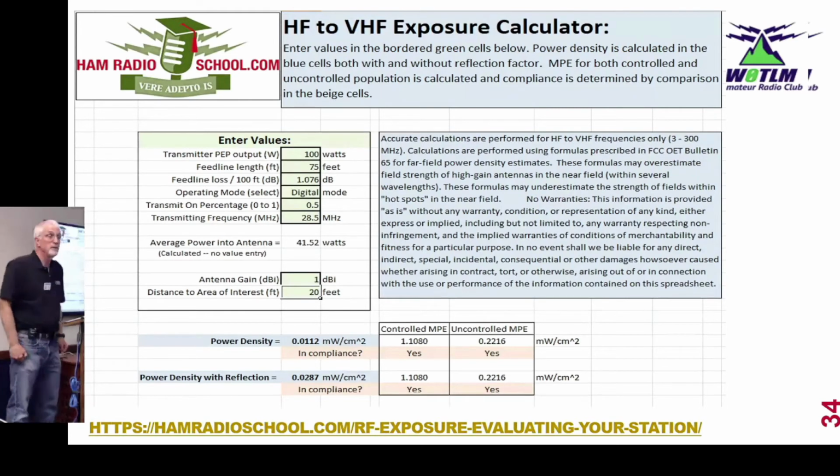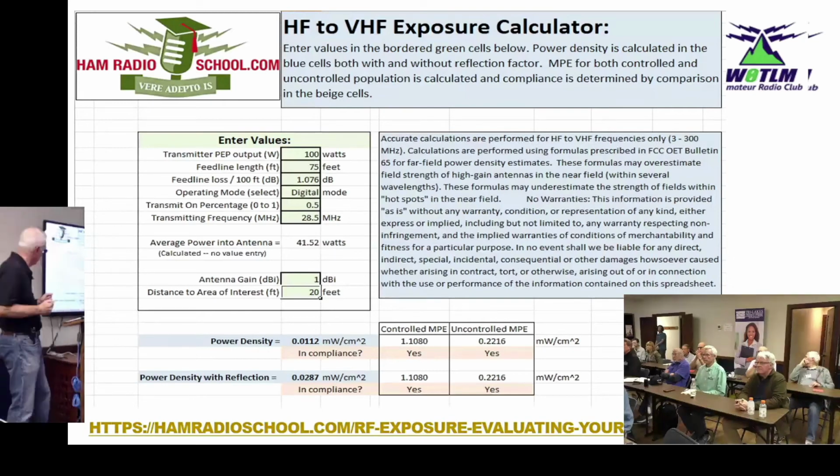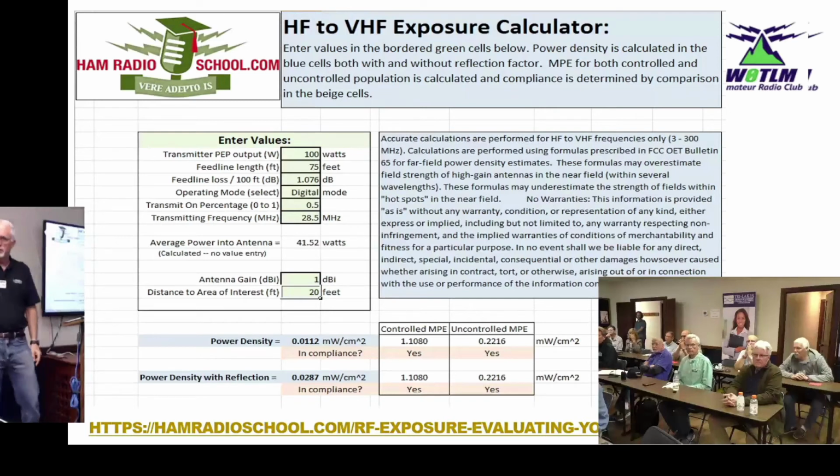The power density with reflection. The product of that automatic calculation. Yes. So this is based on the frequency because we're looking at this band right here. And then it was flat in some areas, so you don't need to worry about it as long as it's between some numbers. Power density with reflection. So, Stu, can you explain what the power density with the reflection is? So there's a difference between